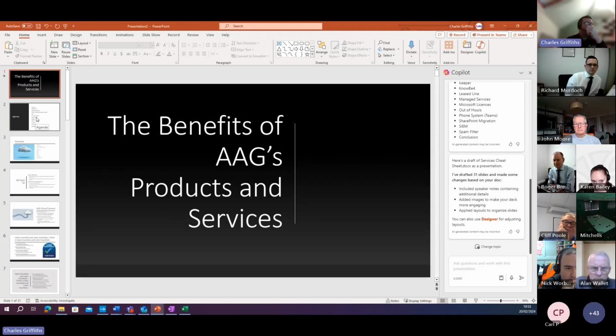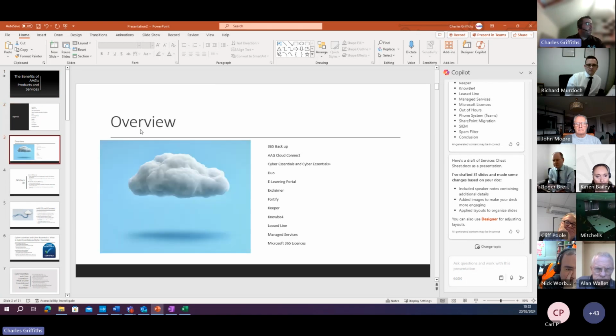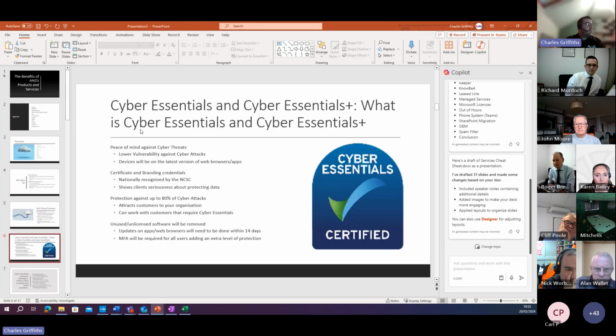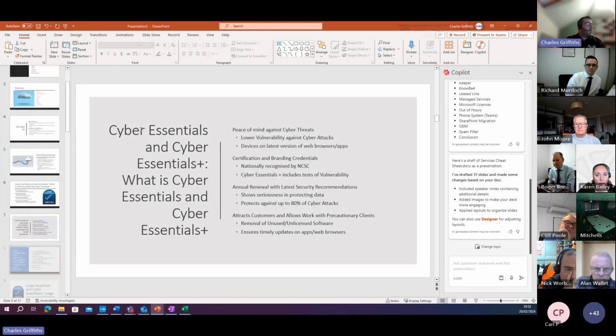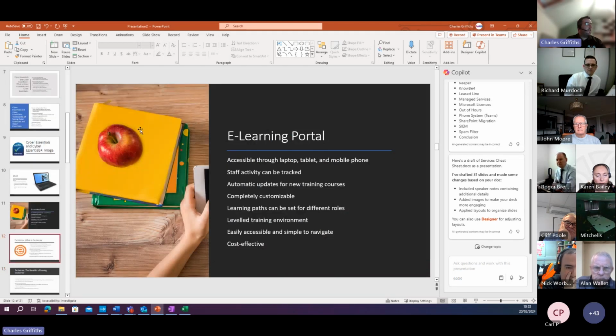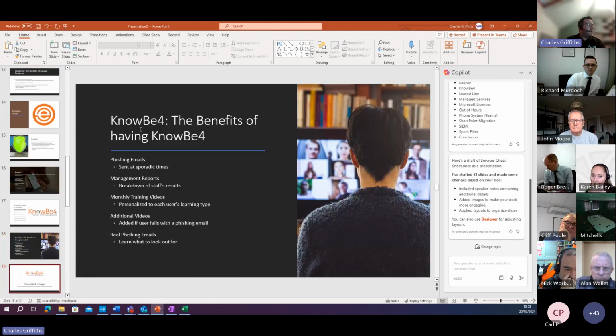Now what we can start to see, again, I've not applied our brand templates and things like that, just for speed, but it's now giving me an agenda. So I've got an overview of those products and services, what this is, things about Cyber Essentials. So again, just a basic example, but we can start to see how it's put together a 31-page slide